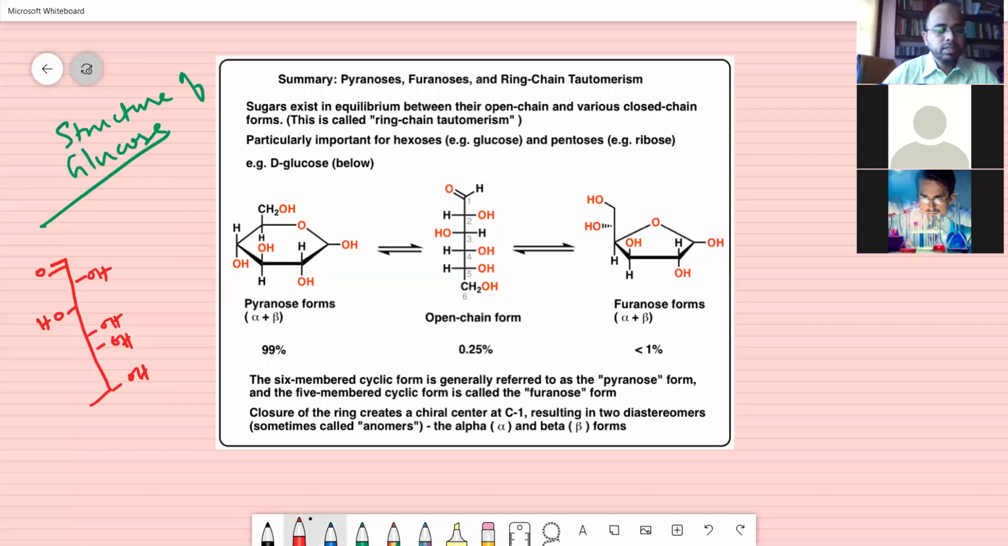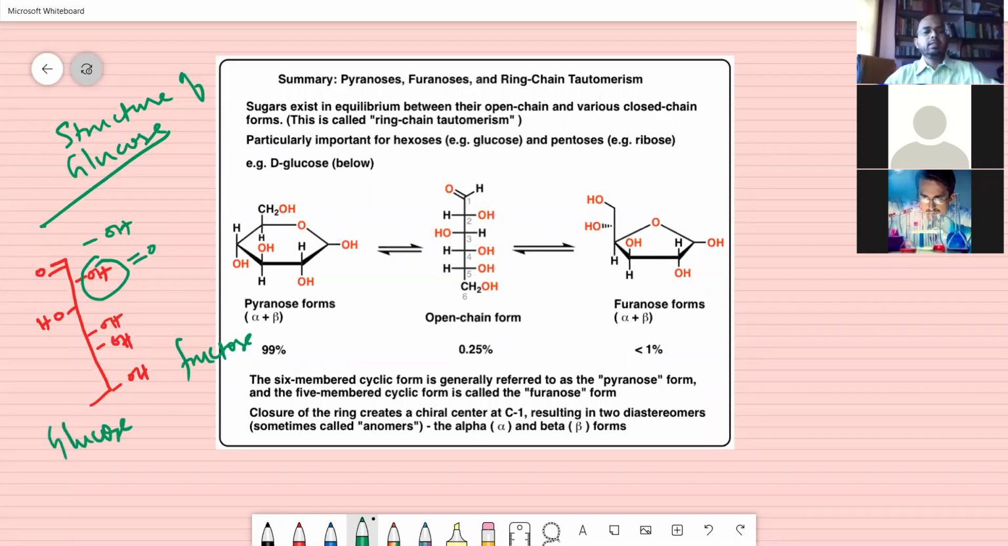If the keto group is in the second position here and 1 OH here, it becomes fructose, and this becomes glucose. Right? So that was the general formula that was suggested among the two isomers. Now here, what is the